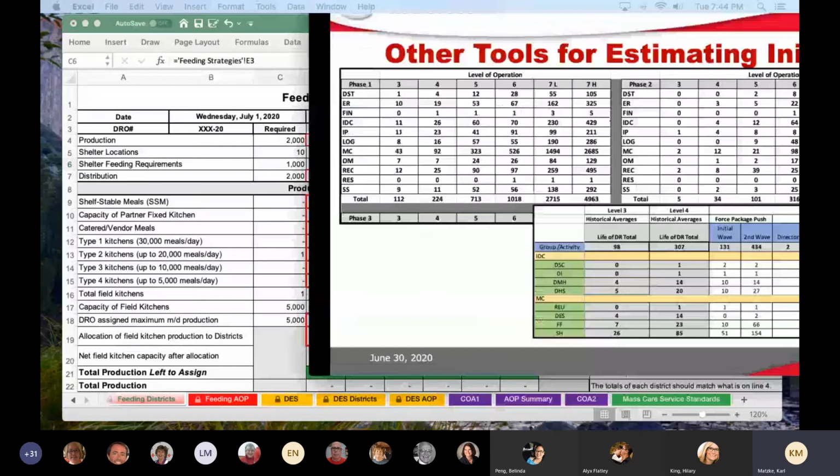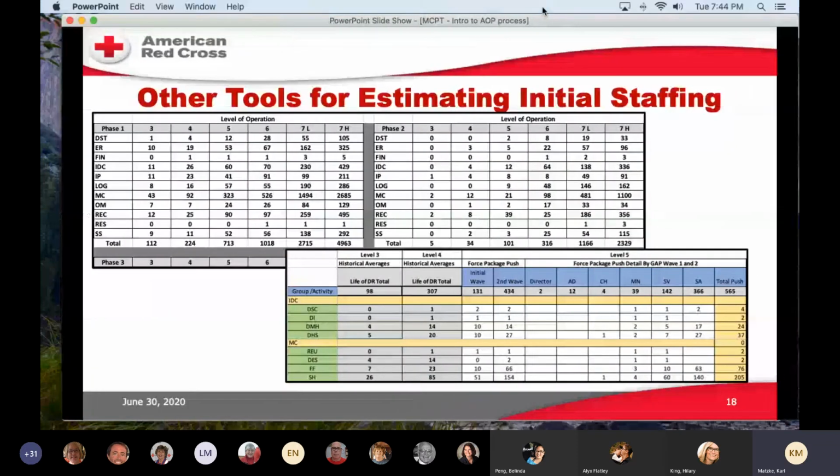So what we've talked about here is how to develop the estimates of staffing. What I also wanted to show you is a couple of other staffing tools. The tool I showed you, the Mass Care Planning tool, not surprisingly, developed the plans for staffing around mass care. There are two other tools that are also available for helping with the planning. The first one here is the force package tool, which is for any generic disaster operations. How many people do you need by activity for level of operation, for level 3, 4, 5, all the way through a 7H